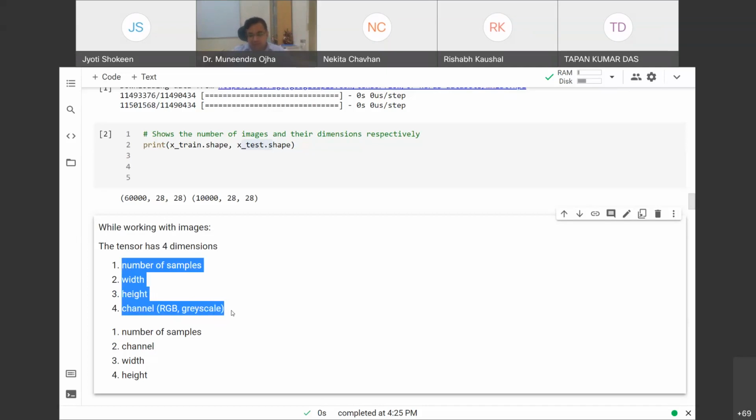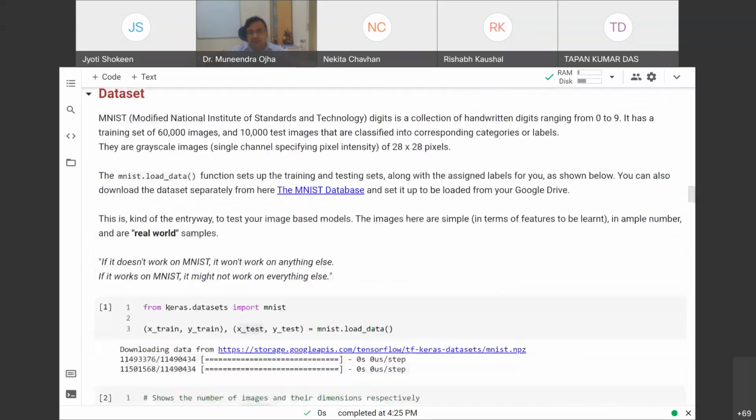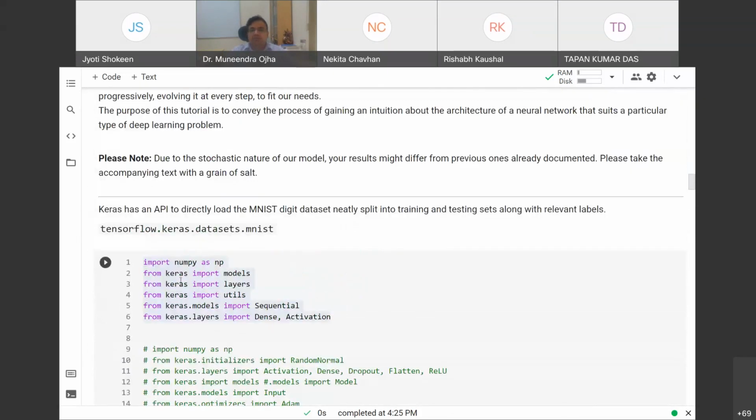However, Theano is another library supported by Colab, where you have channel as the second dimension, and height and width are the third and fourth dimensions. Keras is a wrapper library which works on top of both Theano as well as TensorFlow. Sometimes TensorFlow and Theano look tough.